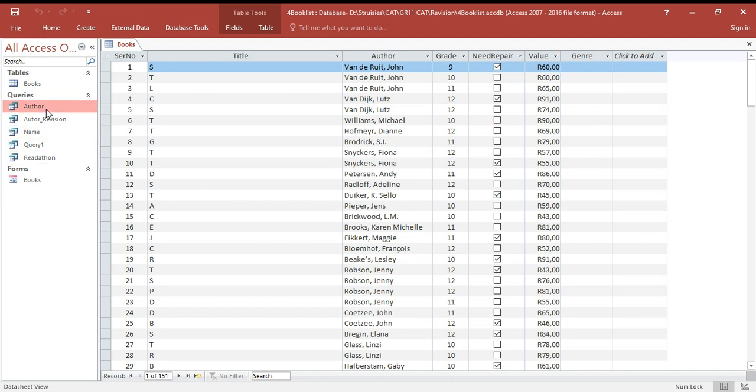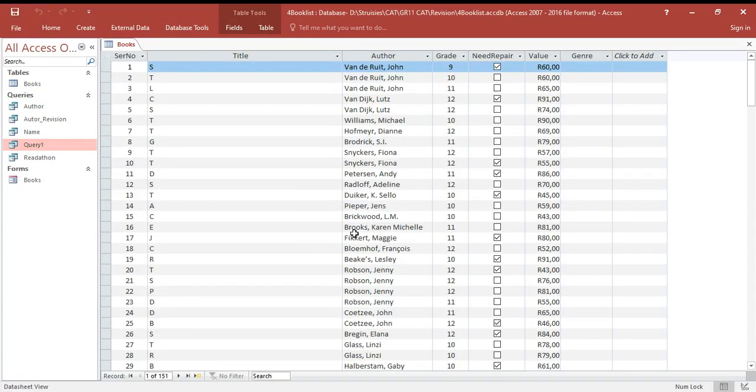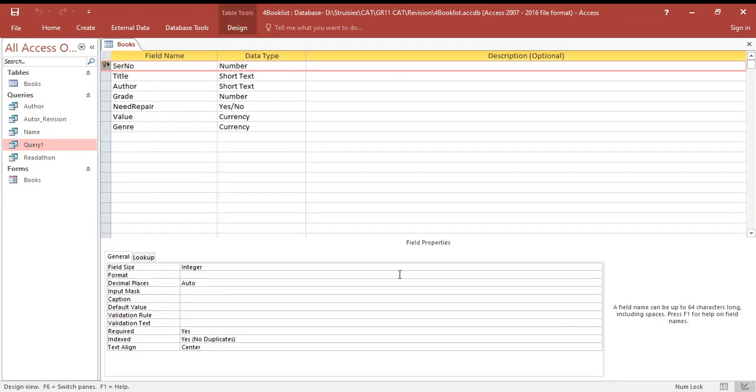Okay, that was supposed to be, I did it for you in one of the other queries. Okay, so basically I just want you to also see there that at the second bullet, at 2.3, you must also just remember that when you have a query looking like that, you need to be able to know that when you're in your design view,